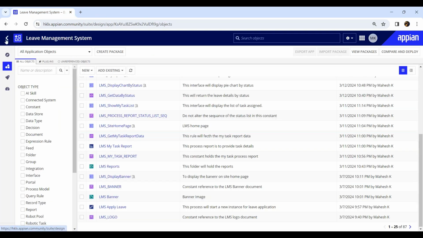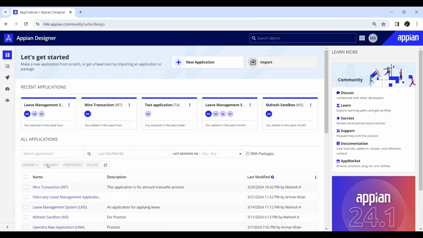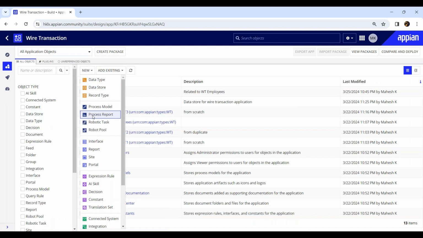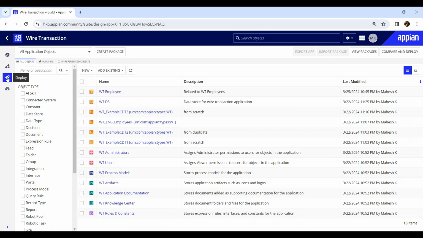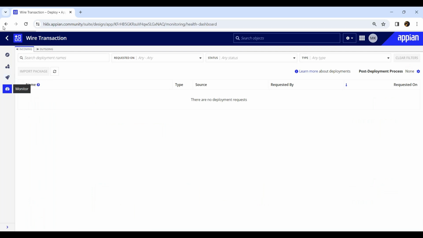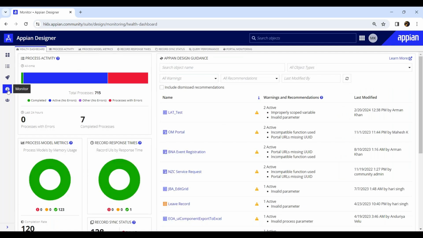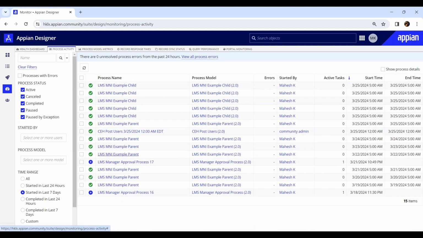What next? The other object type is the process report. Appian also gives you process reports, like in the Monitor tab. Under the Monitor tab, we are seeing the details of our running processes in the backend. These are examples of the running processes that are executing in the backend. These are the process reports, the out-of-the-box reports Appian gives you,